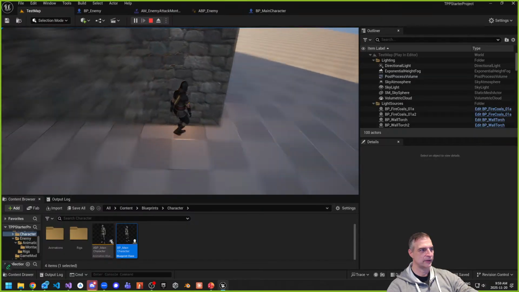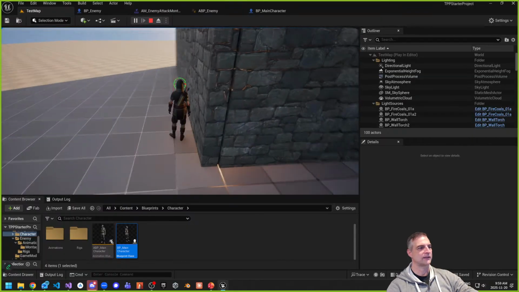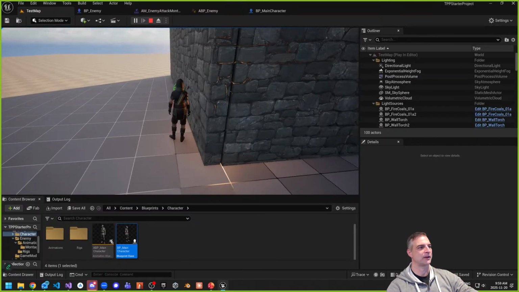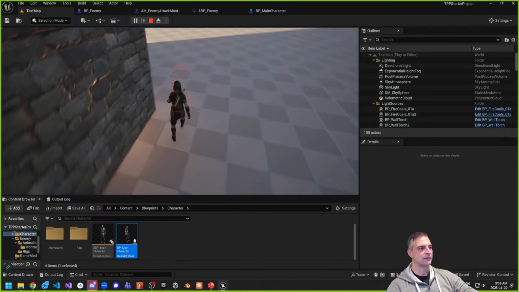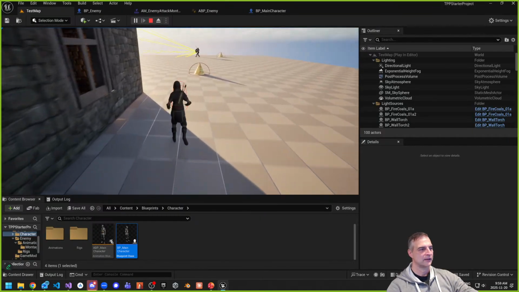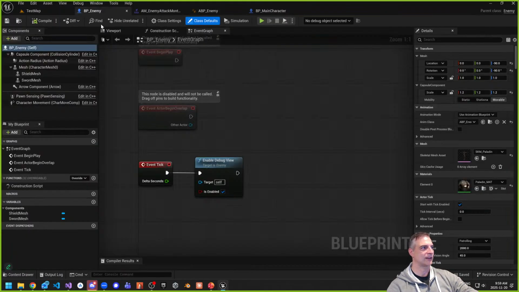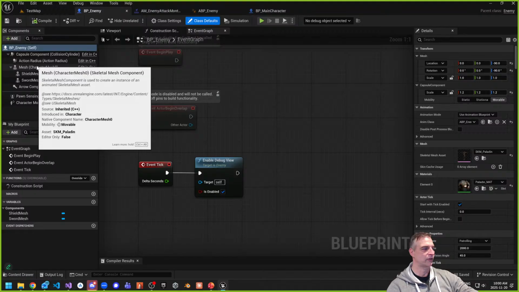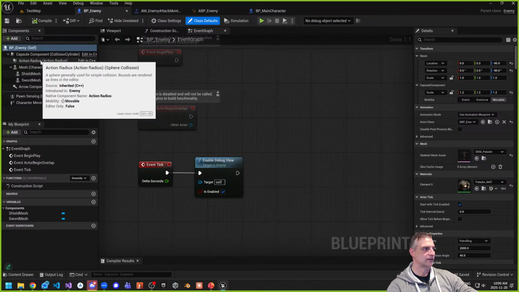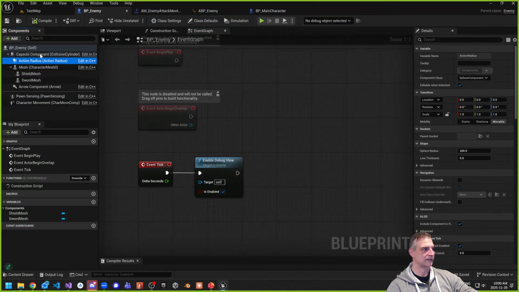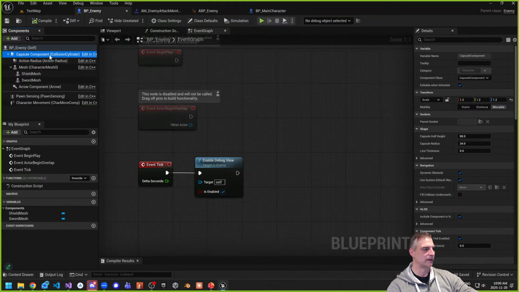Corners are weird because if I go here, again, sometimes I got this situation happening, right? And the problem with the enemy is that he does the same thing. So what I can do is go back to the enemy. There's two things that do this: the mesh and also the action radius, as an example, or the capsule component. That's the one I want to use. Capsule component. If I scroll down and go to collision,